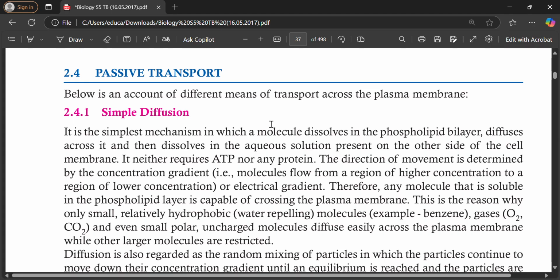So passive transport is the simplest mechanism, in which a molecule dissolves in the phospholipid bilayer. As we said, the cell membrane is composed of the phospholipid bilayer, and the substance diffuses across it and then dissolves in the aqueous solution present on the other side of the cell membrane. It neither requires ATP nor any protein. We don't need any protein or ATP usage while we are transporting something across the cell membrane, and the direction of movement is determined by the concentration gradient. As we said earlier, the molecules move from a region of higher concentration to a region of